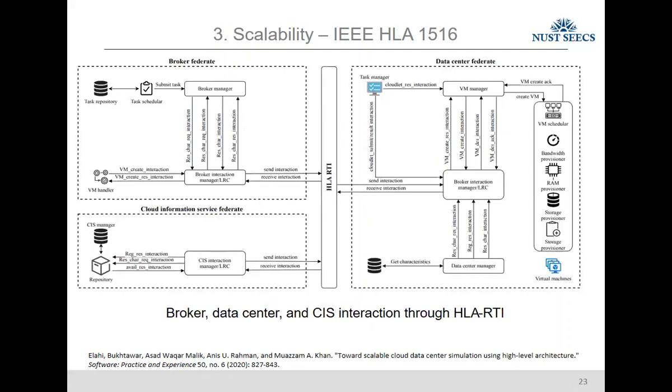So these are some of the modules which, after incorporating this HLA layer between them, now these data centers can be run on different nodes, right? The data center is running on a different system, the broker fabric is running on a different system, and the cloud information service is running on a different system. Previously, it was designed as a tightly coupled system, with all these modules running on a single system. By incorporating this HLA layer, these modules can now run on different systems, but still provide the same performance and the same analysis which they were providing before, right?